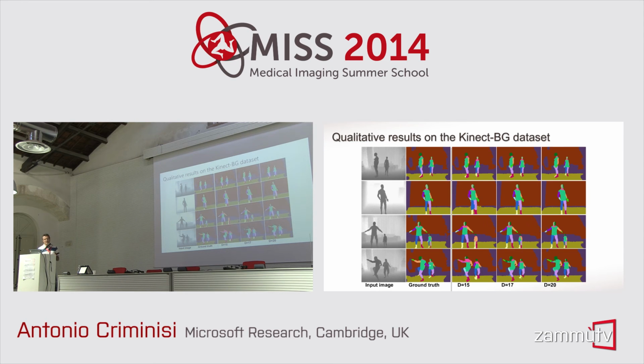So this is on the Kinect plus background data set. So we have lots and lots of these input images. They're all labeled, and here's the ground truth. Again, a subset of the body parts, but then we have other regions in the background, like the floor, the back wall, and then everything else, which comprises furniture and all sorts of other bits and pieces. Once again, you see that at depth 15, the segmentation is not particularly good. It's roughly okay, but this small guy here has got huge boots, which get refined as you go along with deeper trees.